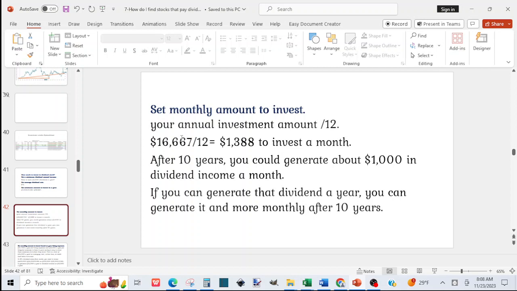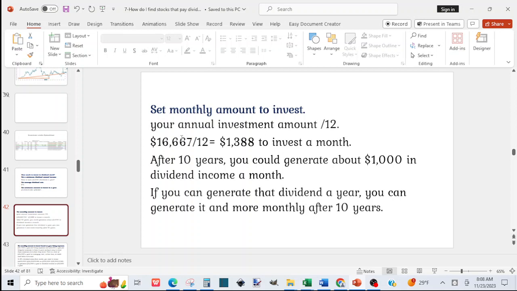That $1,000 you have been making a year will be 10 to 12 times that, so that'll be about $1,000 in dividend income a month. And because you are not taking those dividends out of the account, you are reinvesting them, they'll keep growing, buying more shares, and generating more dividends. That's why by year 10, if not before, you will reach that goal of making $1,000 a month in dividend